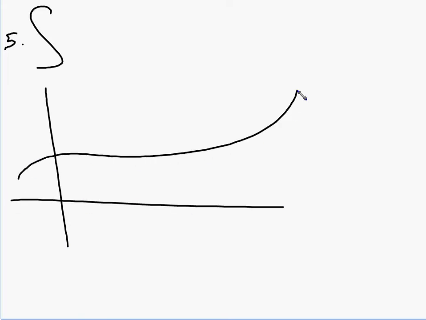If I had some function, all right, and here's A, here's B, and here's C. Remember what an integral is. It's the area between the curve, between the function, and the x-axis. If I wanted to find this total area,